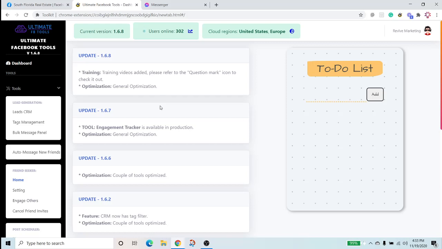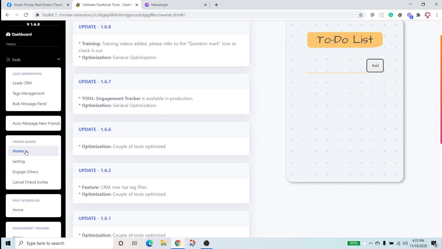So, taking the real estate industry, let's just say you're a real estate agent or broker and you're looking to get your listings and your content that you're posting daily in front of the eyes of some investors. Obviously, those are the guys with the money, and you want to be able to show off what you have to the right people. So, for that, we're going to go ahead and